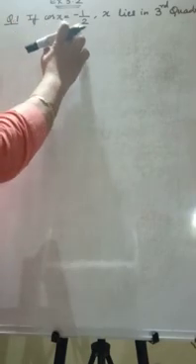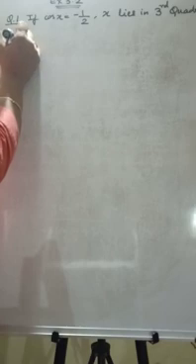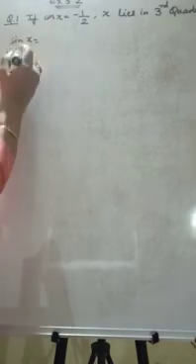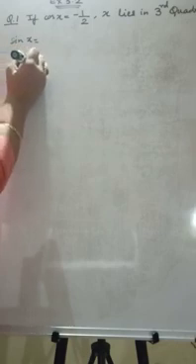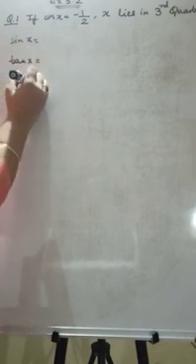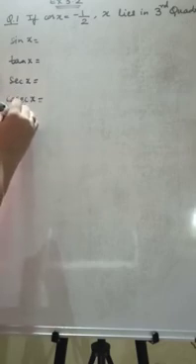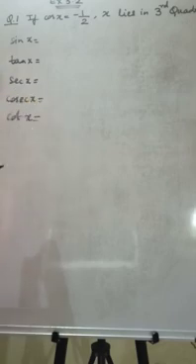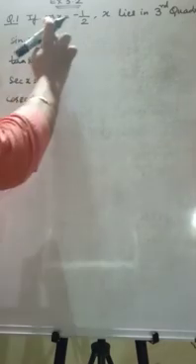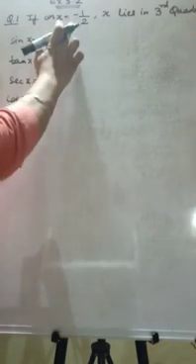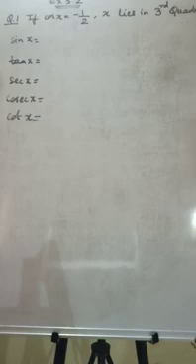If cos x equals minus half, and x lies in the third quadrant, you need to find sin x. Cos x is already given, you need to find tan x, sec x, cosec x, cot x. The other 5 trigonometric ratios based on this property. Okay, you already have done this in 10th standard. If cos x equals half, find sin theta, cos theta and all that.